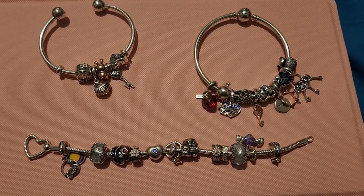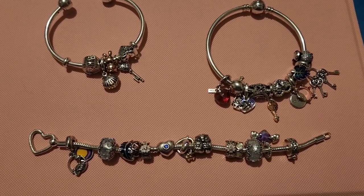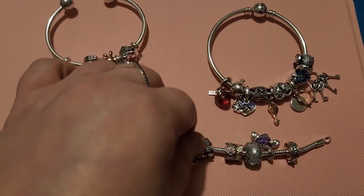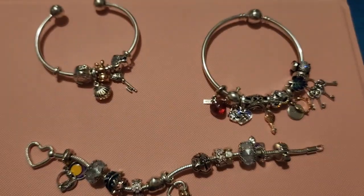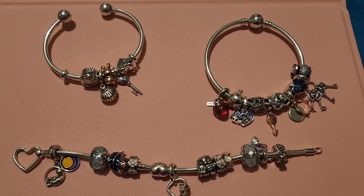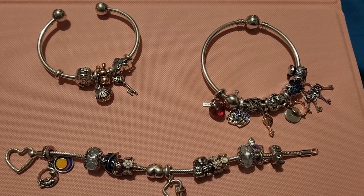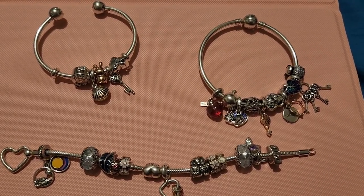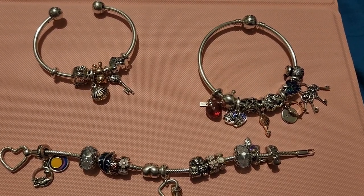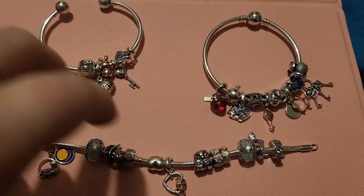So, these are the ones that have probably had the most change, I would say. This one down here is a completely brand new design. I was just playing around with some of the beads that I had, and I was just trying to see what would work. The two that I've taken off are... I think there's only one here that's really...